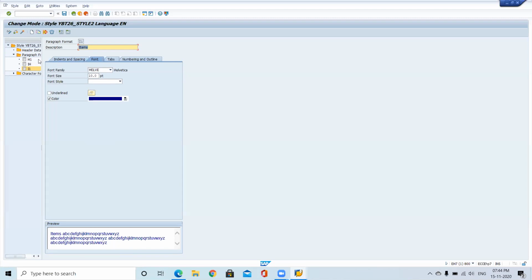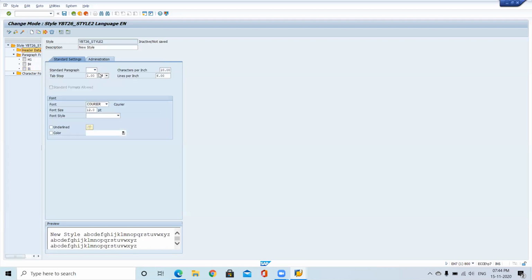So once we created paragraph formats, the header level, you have to assign one paragraph as a default. That means at the time of creating a new text, left hand side it is showing like a star. So that is the default paragraph. That means if user has not entered anything, it will take this paragraph format. Why? Because we are making I1 as the default paragraph format. So in this style, if user has not specified anything, it will take I1. So that's why at the time of creating a style, you have to specify which one is your default paragraph. I1 is my default paragraph. So you have to specify at the time of creating a style.